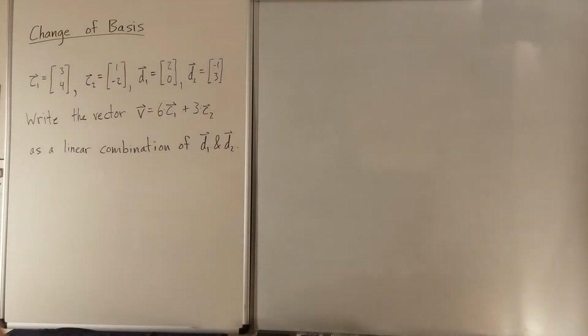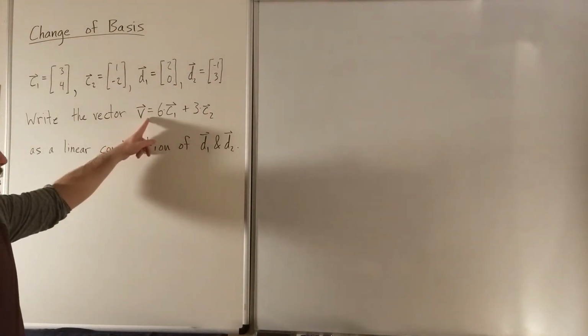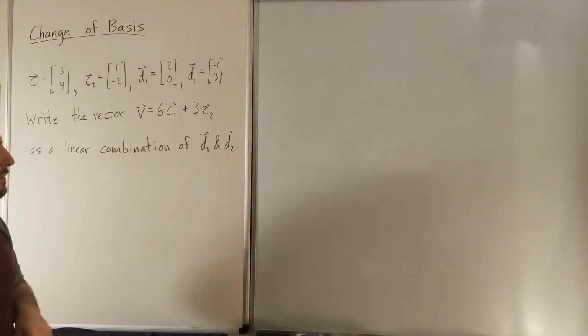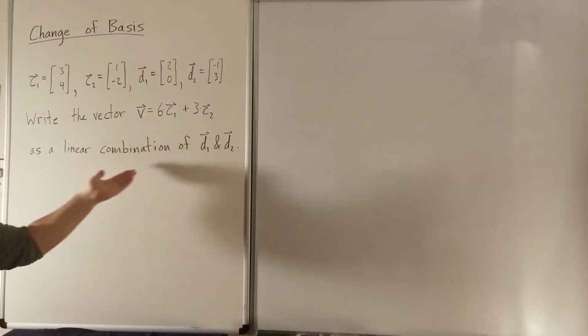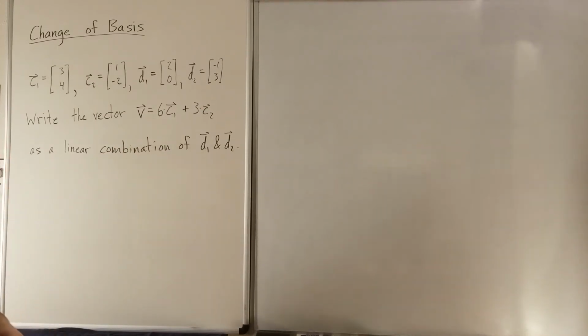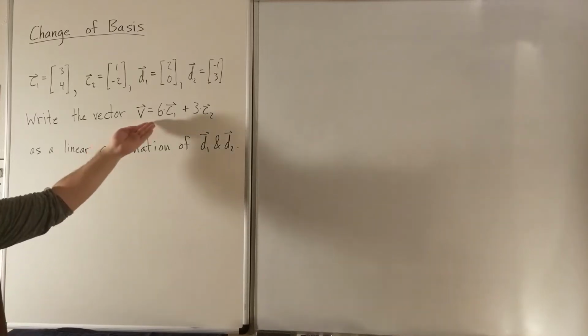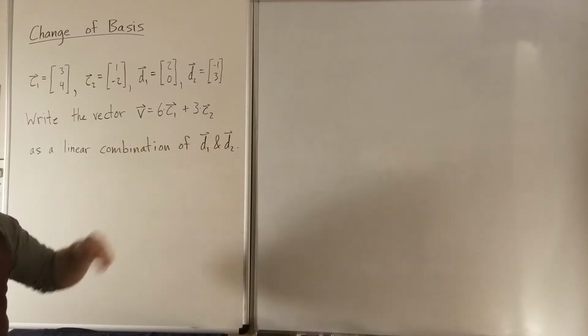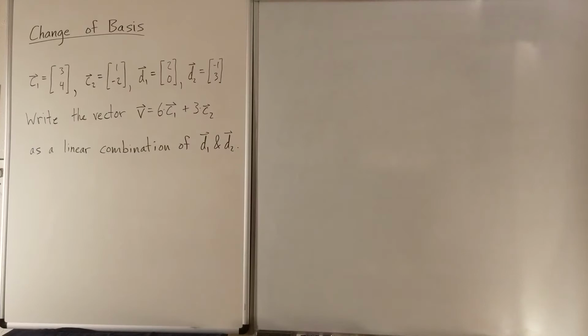Okay? Our goal is to switch from having V represented in terms of the C basis to representing it in terms of the D basis. And another way to state that is I want to write this vector as a linear combination of D1 and D2. So to start out with,